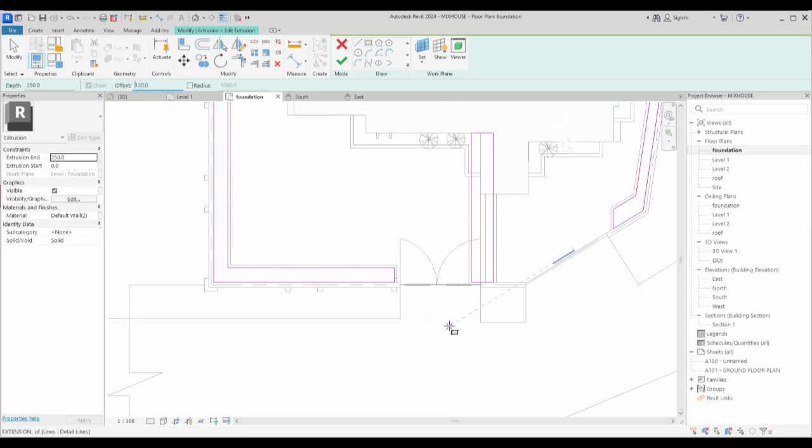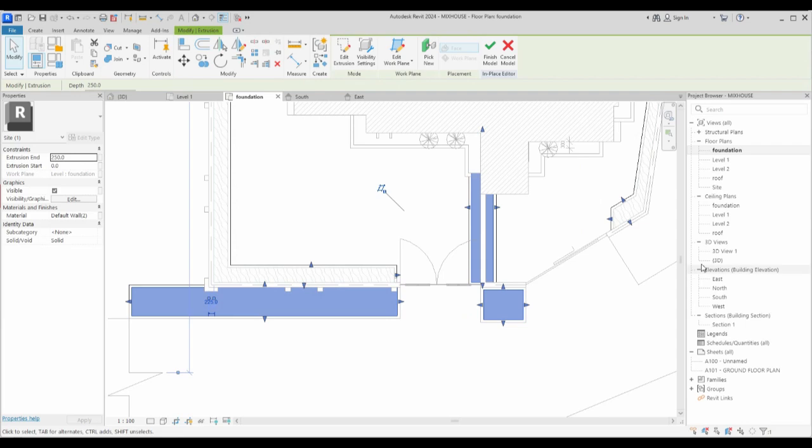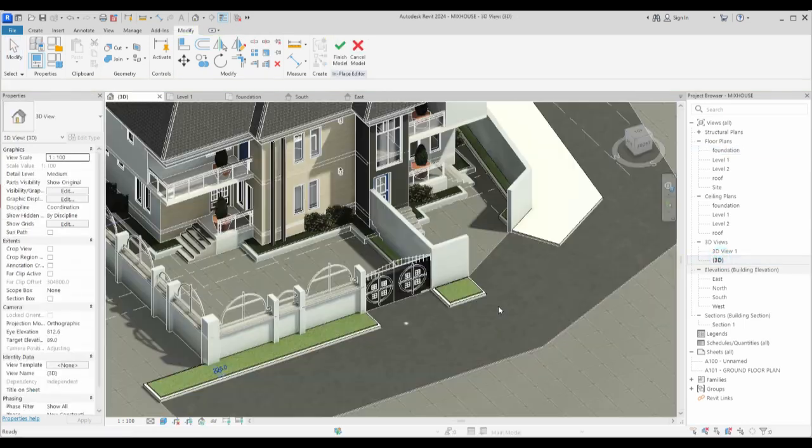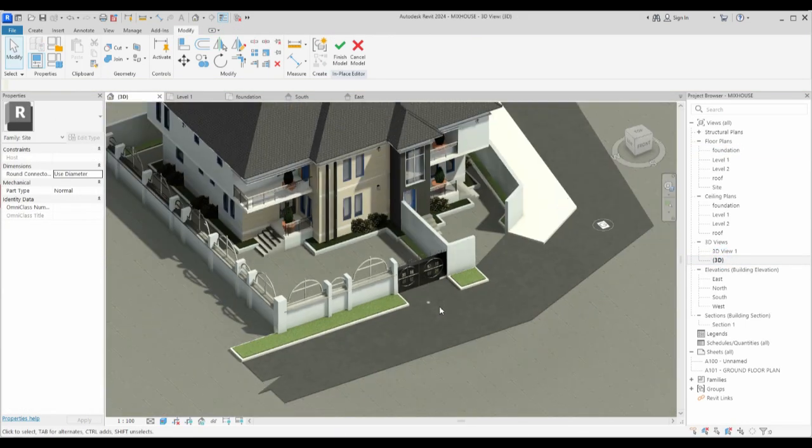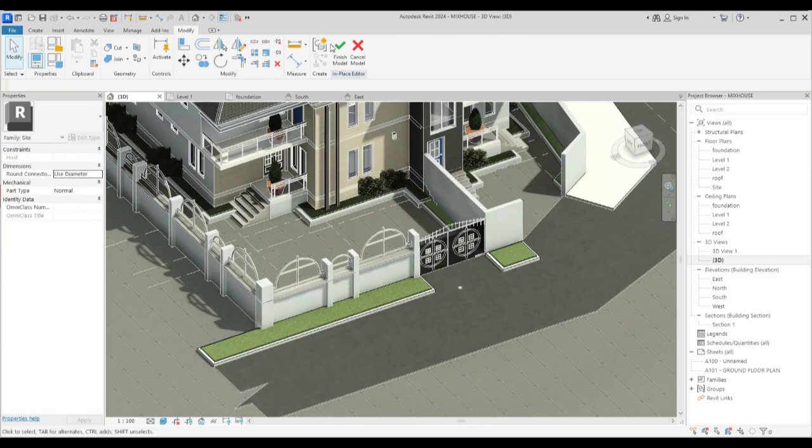120 minus. Put minus at the front. Select this one and bring it here. Do the same thing here and close. So I don't think you need that one. So you look at it in 3D, the beauty is out. So what do you need to do next is that you click finish here,